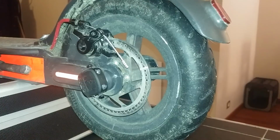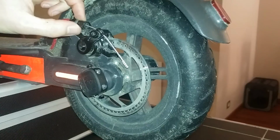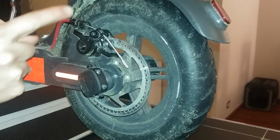Okay, the first step is to release pressure on the rear brakes. So we're going to release the cable. Get some looseness on this bolt. This bolt's purpose is only to lock your adjustment. So open this one